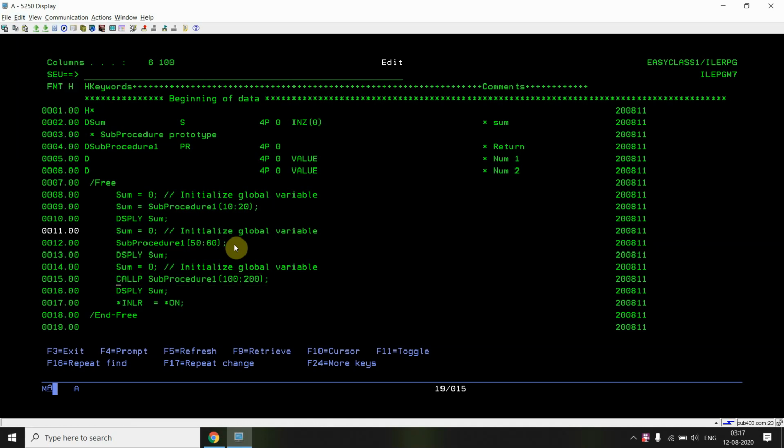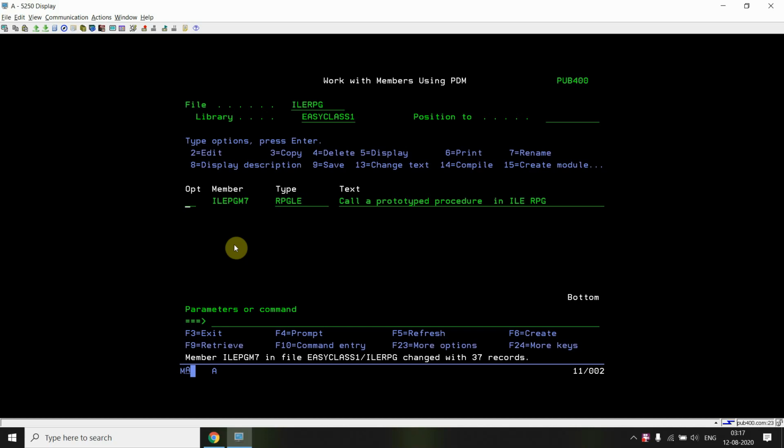Both of them you can use, but since call p is optional, you must use this in case your procedure doesn't return any value. If it returns a value, you must take that value into some variable. That is a better approach. This is the thing which I am going to show you.